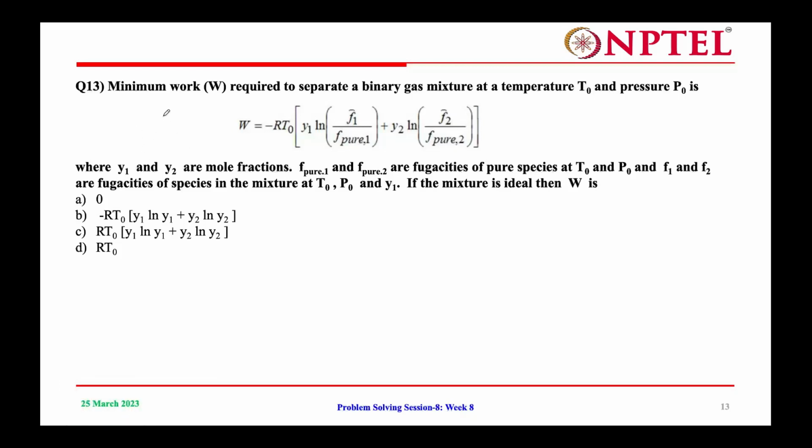Now question number 13. The statement given here: the minimum work required to separate a binary gas mixture at a temperature T naught and pressure P naught is, and here the expression is given. Here y1 and y2 are the mole fractions, f1 and f2 are the fugacities of pure species, and f1 bar and f2 bar are the fugacities of species in the mixture at T naught and P naught. If the mixture is ideal, then W is